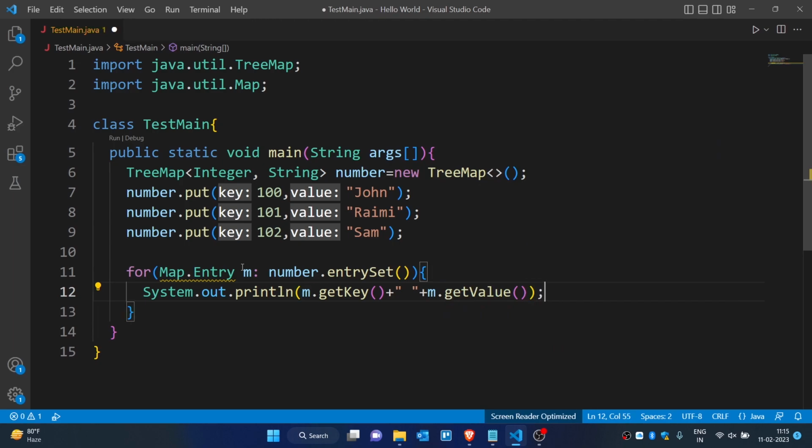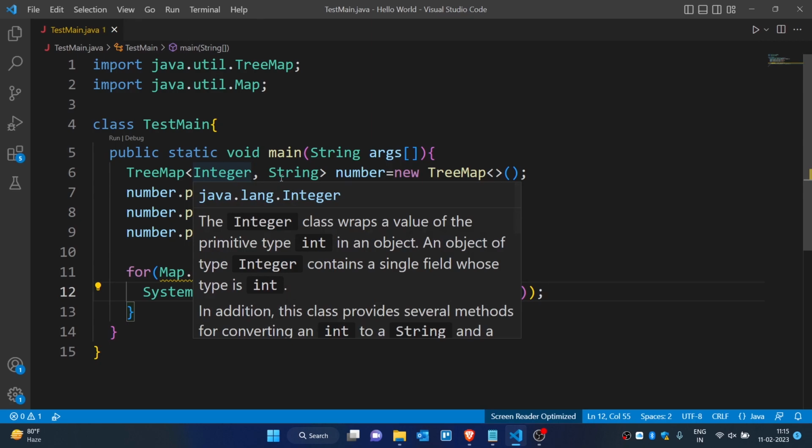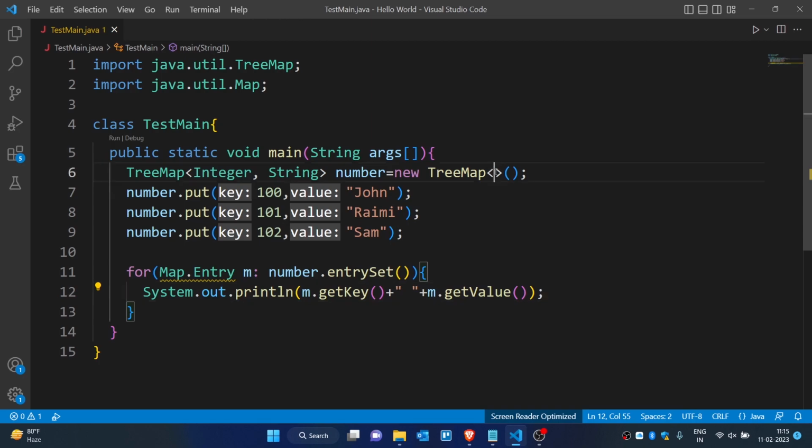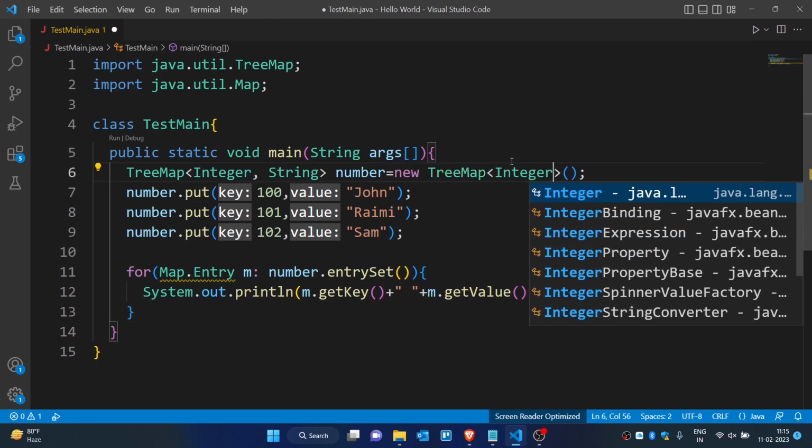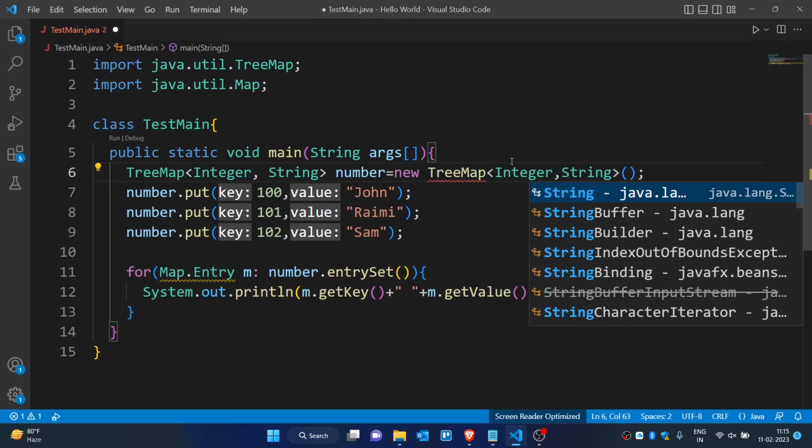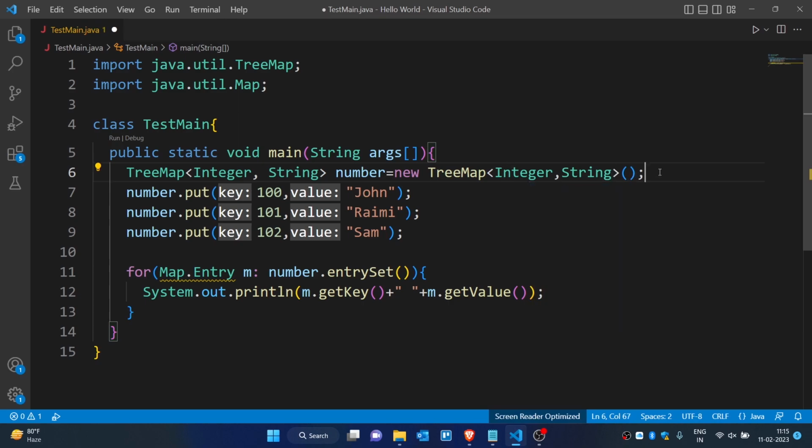Using these methods, now I'll be able to extract the key value pair and print it out. So a short reminder is we'll be importing TreeMap and Map class. And inside our main class, we'll initialize TreeMap with key, integer, string, and our new map. This is optional, but it's a good habit to have Integer, String in the initialization also, but it's not compulsory. So number dot put is equal to three of these values that I have given, and a map dot